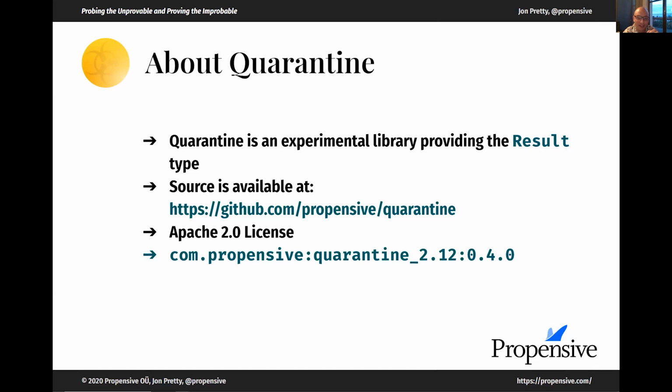How acceptable is that? It's possible for these types to compose, so you can use a ZIO IO type with a result inside it if you wanted to. You can convert potentially from a result to a ZIO IO.